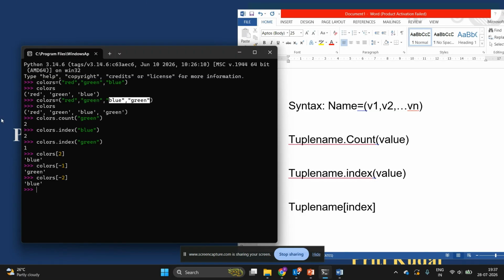Next, we can do slicing on the tuple. Slicing means we can take a slice out of the complete tuple. Now, as we have a tuple with red, green, blue, green, and if I want to print or display a slice or a part of it, suppose I want to display from 0 to less than 2. So, if I write